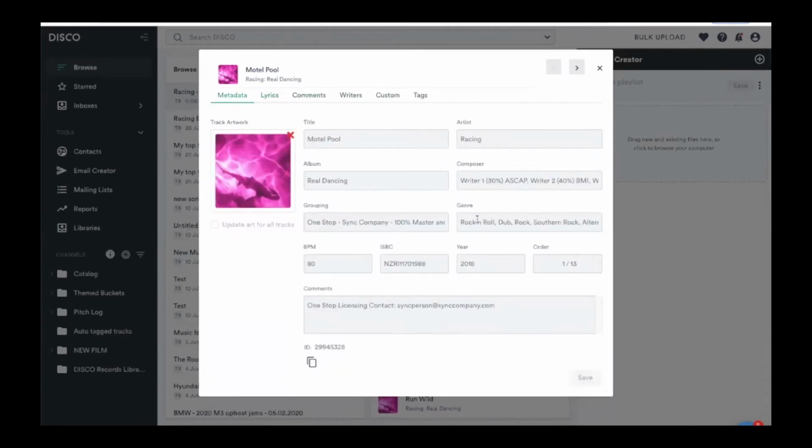And the same for maybe the genre and other information. And we'll show you some other tags as well. So filling this out really, really helps so that you're exposed in the future after you've already done the work.